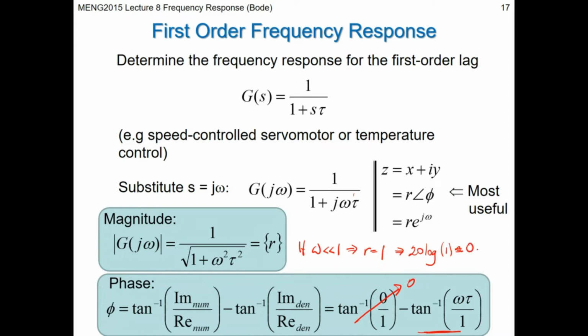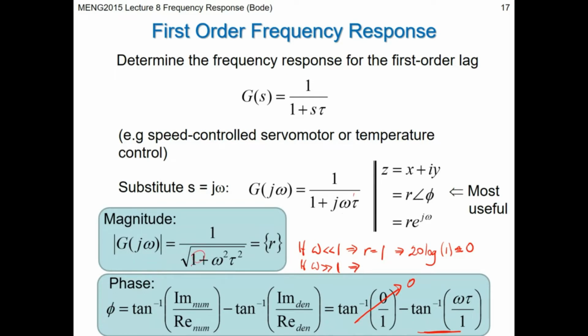So let's not say it's equal to 0, it's approaching 0, because we're saying omega is much less than 1. So as omega gets smaller, in other words, and down towards 0, then our magnitude approaches 0. And if we say omega is, let's say, much bigger than 1,